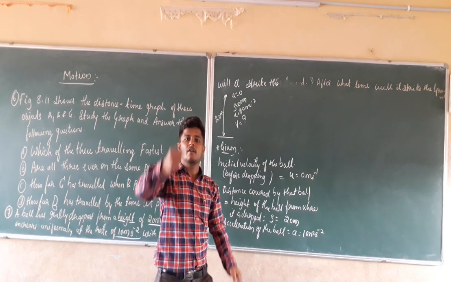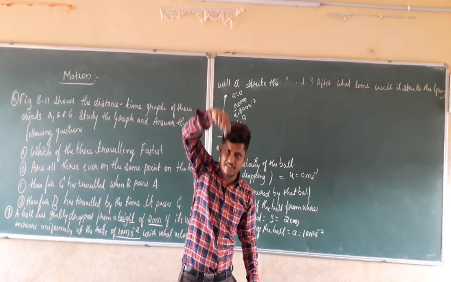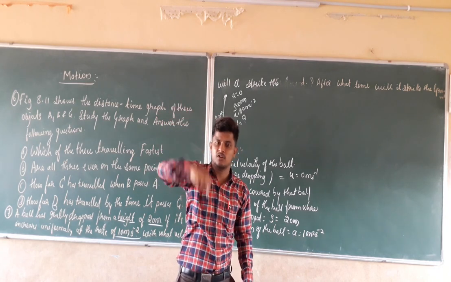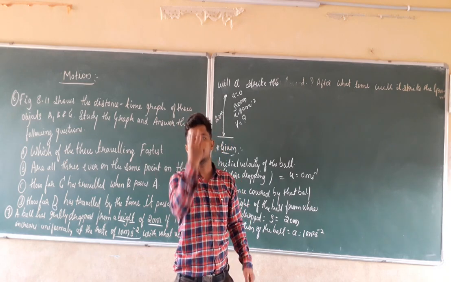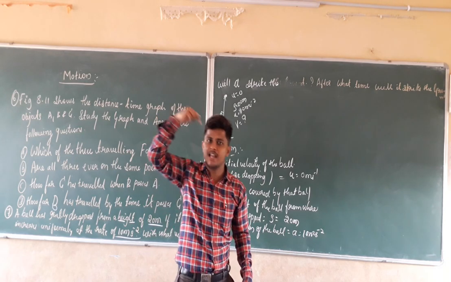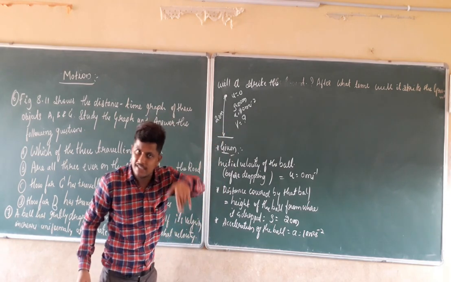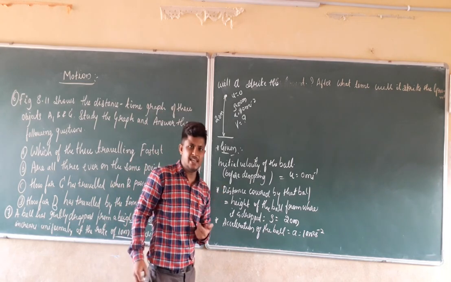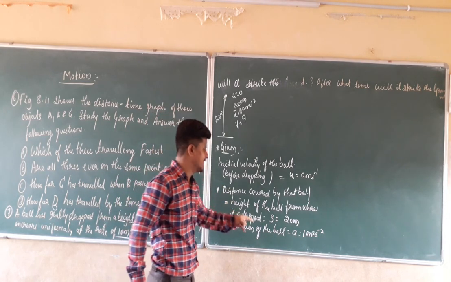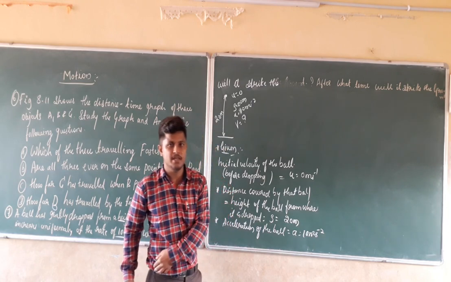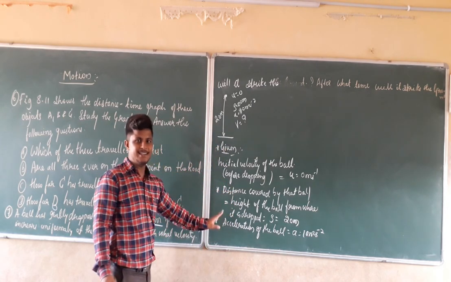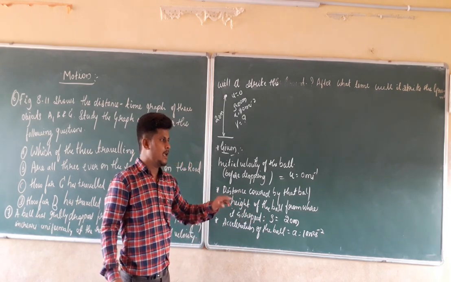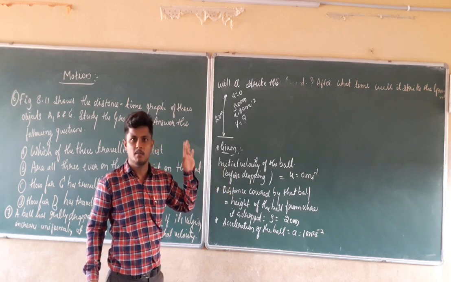But in this case, we are dropping the ball from the 20-meter height towards the Earth only. So the gravitational force of the Earth is pulling the ball towards it, as well as the movement of the ball is also towards the Earth. So both are in the same direction. If both are in the same direction, you take the acceleration as a positive value. For that reason, here we are going to take a equal to 10 meter per second square as the positive value.